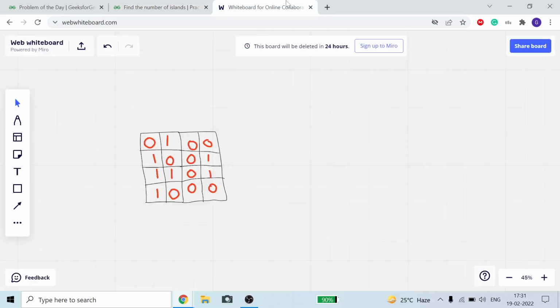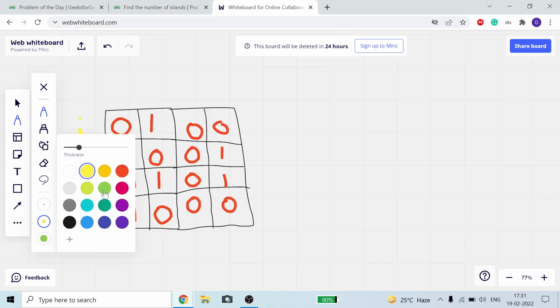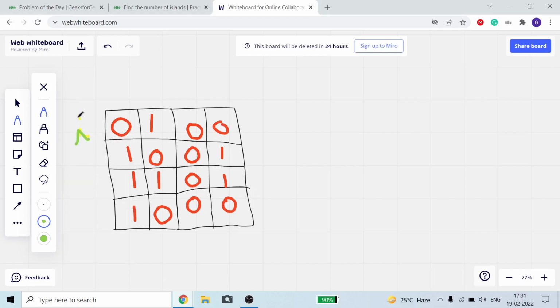Like for this example, if I tell you this is our i, I take some other color maybe. This is our i, this is our j. Now j initially at this position is equal to 0, so nothing works. Now j is at this position, equal to 1. So we will check in 8 directions: first, second, third, fourth, fifth, sixth, seventh and eighth. In the 8 directions we will find an array element. So first of all we will make it 0.